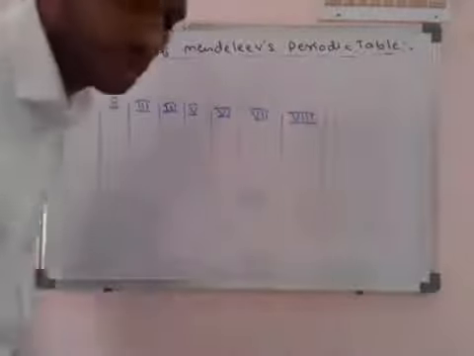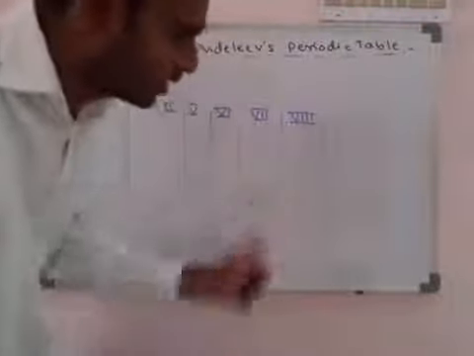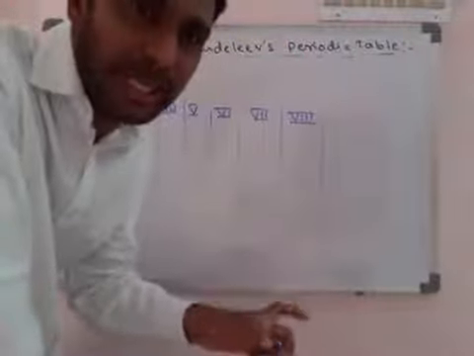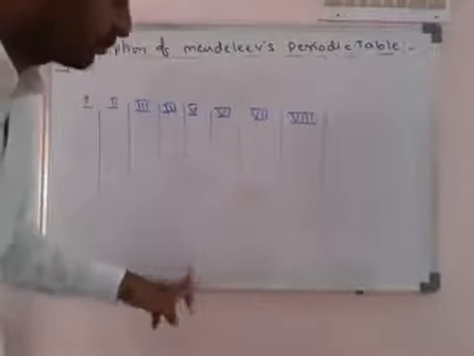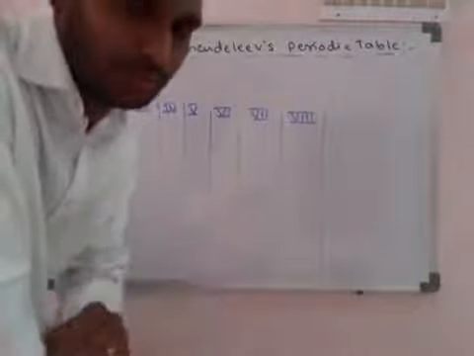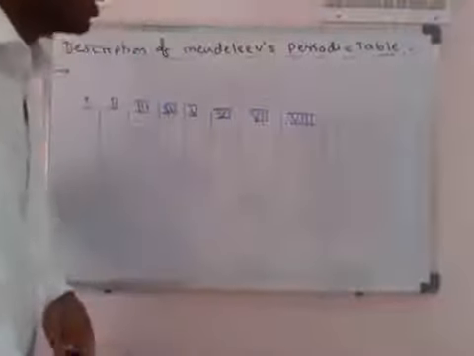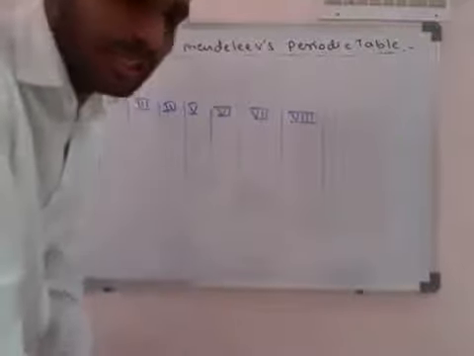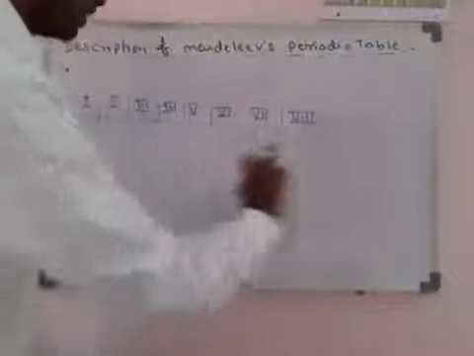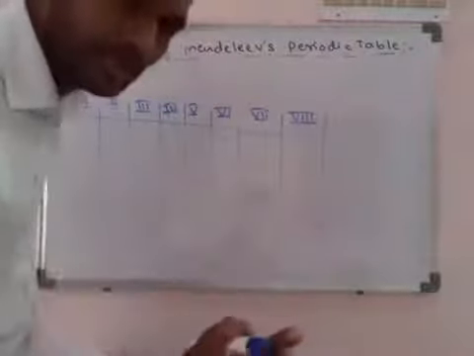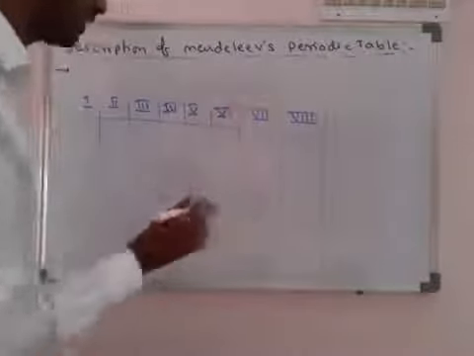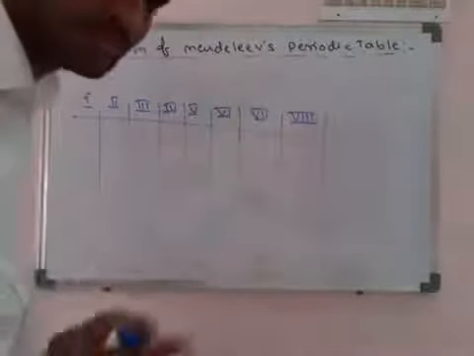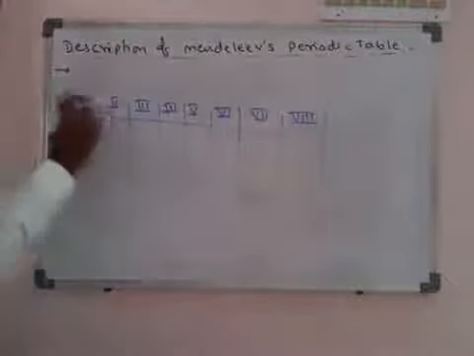And generally vertical columns are known as groups. Not only in his periodic table, in any periodic table, vertical columns are called groups. So horizontal rows, అంటే మనం ఇట్లా బాక్స్, ఈ బాక్స్ ఇట్లా మనం లెఫ్ట్ టు రైట్ చెక్ చేస్తే దాన్ని ఏమంటామంటే పీరియడ్ అంటాం. Okay, these are the vertical columns, groups. He gave total 8 vertical columns, and these are called groups.